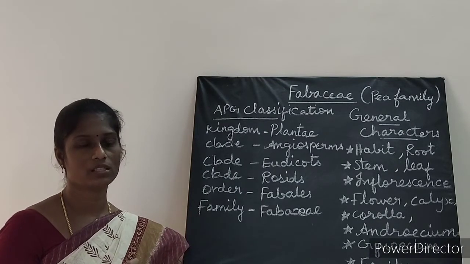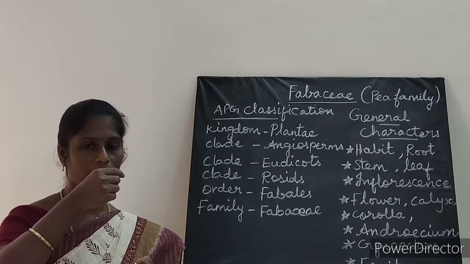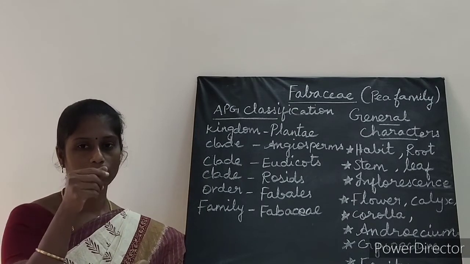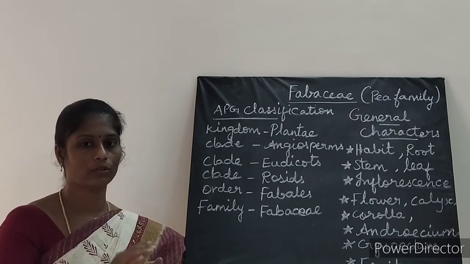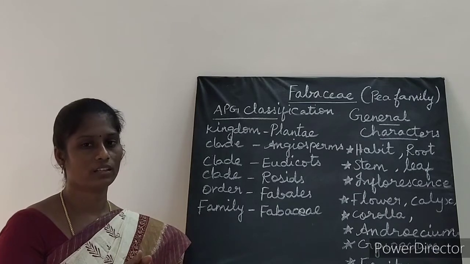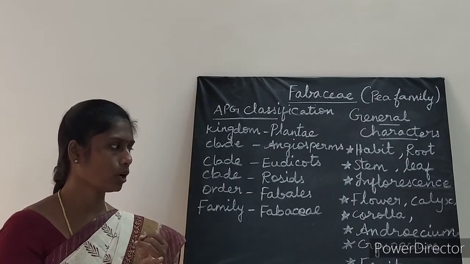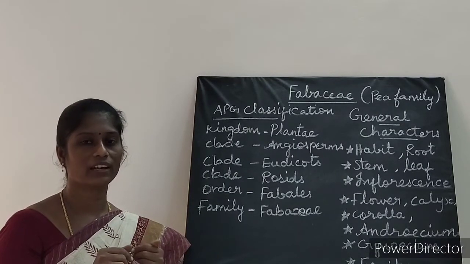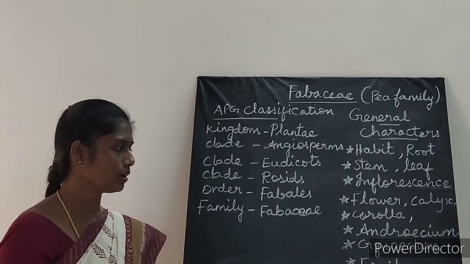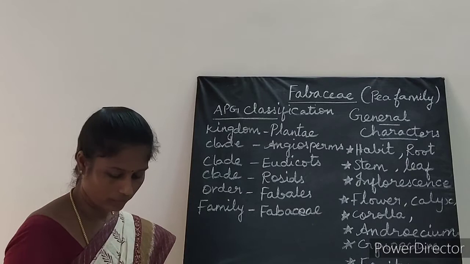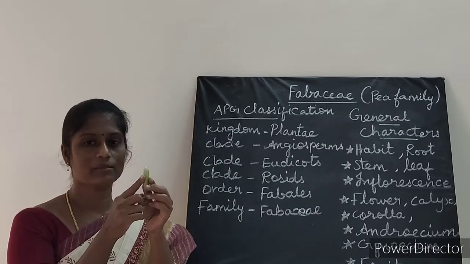Style here, if you see, okay, that is in the center part, is it not? That is above the ovary, the style is present which connects the stigma and the ovary. That part is simple and bent. Okay, and then stigma is flattened. Stigma is flattened or feathery. So gynoecium is monocarpellary, unilocular, marginal placentation. Style is simple and bent. Stigma flattened or feathery. Next, let us see about the fruit character. Fruit here it is a legume. Okay, so legume is this one only, Pisum sativum.